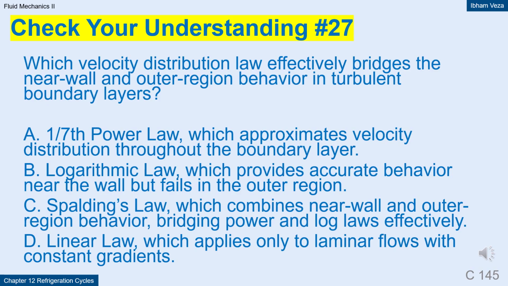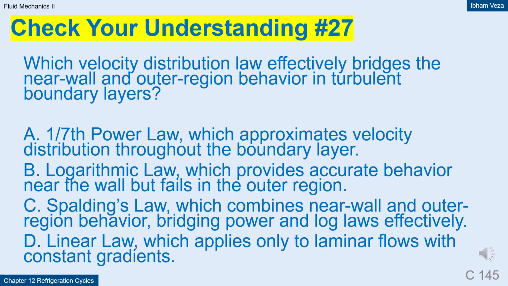The correct answer is C, Spaulding's law, which combines near wall and outer region behavior, bridging power and log laws effectively. Explanation of why other answers are wrong. A, 7th power law, which approximates velocity distribution throughout the boundary layer. Incorrect, because the 7th power law is a simplification for turbulent regions and diverges near the wall, not effectively bridging